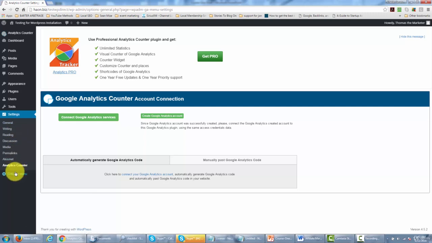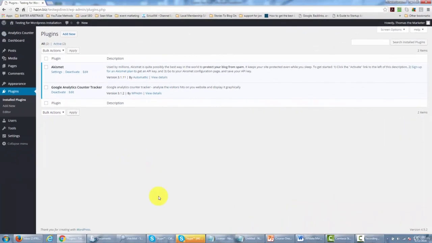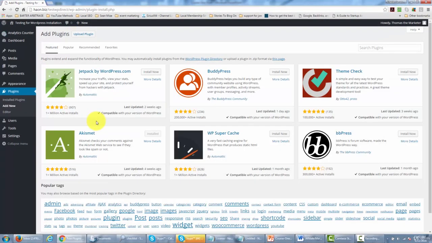Now, there are all kinds of plugins to change the functionality. And if we go back to the installed plugins, we can take a look there. And once again, once we're here, we're going to click Add New. And just by taking a look at some of the featured plugins, we can see what other people are doing with their site and other things that people are taking advantage of. For example, some people are using a forum. Other people are causing their site to run faster. If we look at some of the popular themes,